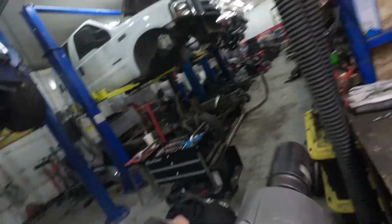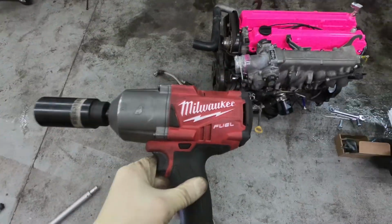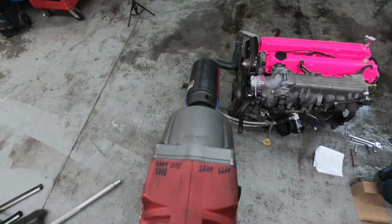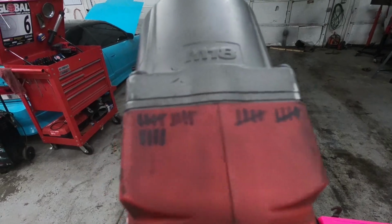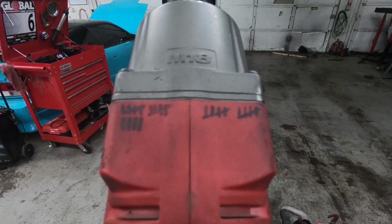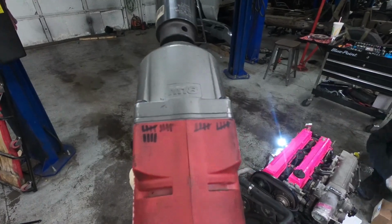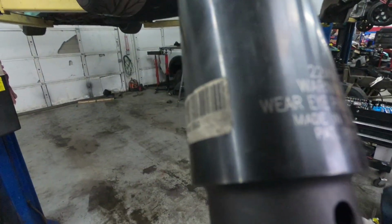So I've got this Milwaukee fuel 1/2-inch impact. Literally, I only bought this thing because it takes off 2J crank pulley bolts. And you see these marks I got on there? That is me marking how many times this thing has saved me from the pain of trying to get a crank pulley bolt off without this gun. There's been maybe 2 or 3 engines that this has not worked on, but I ended up buying this